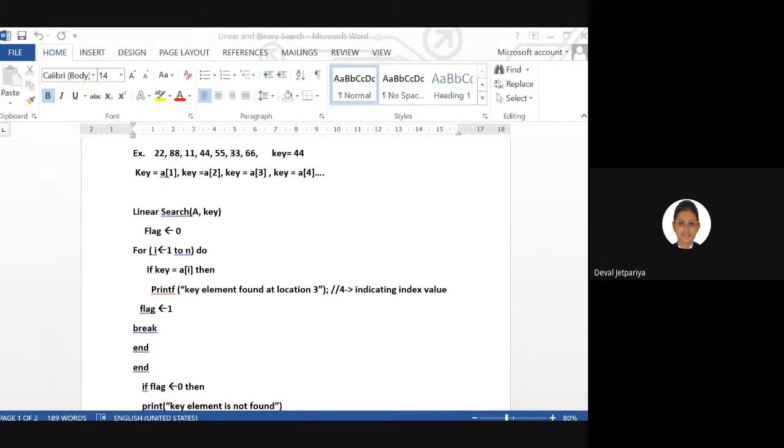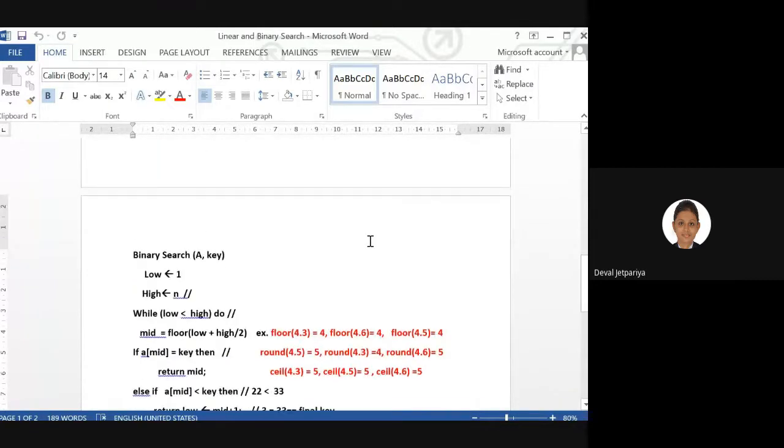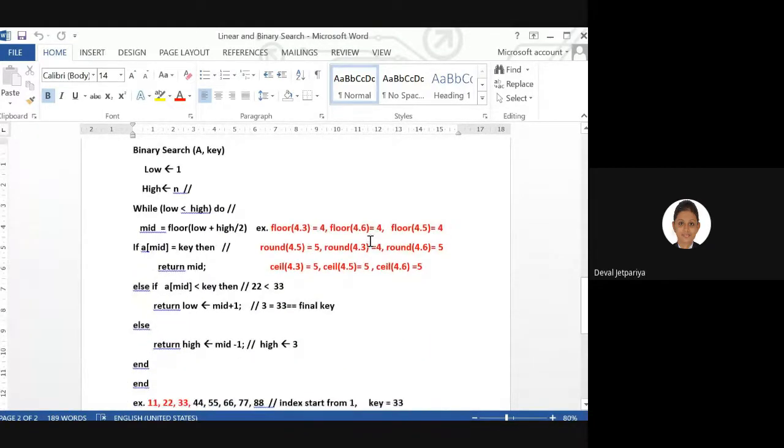Is anyone ready with the example? Any of the data that you have implemented? See, in half an hour, both must be completed, okay?